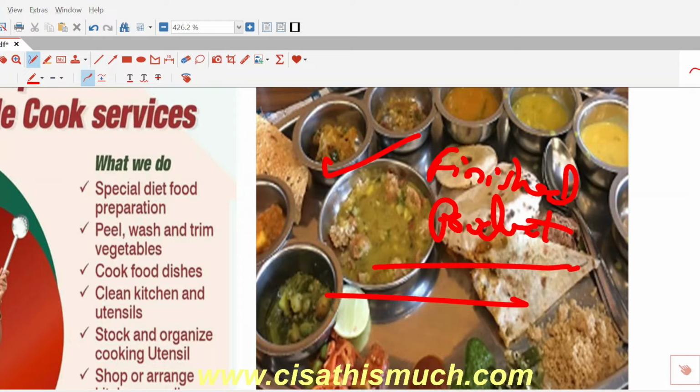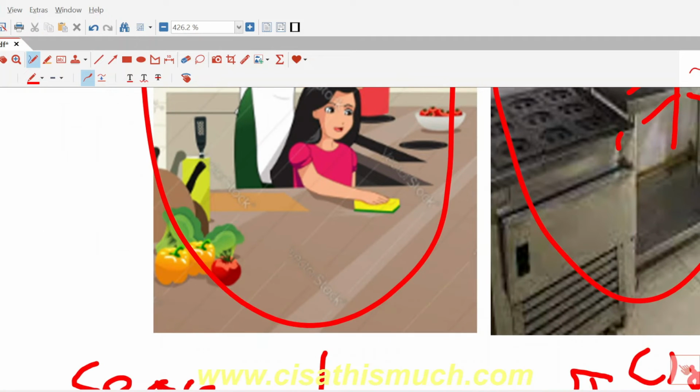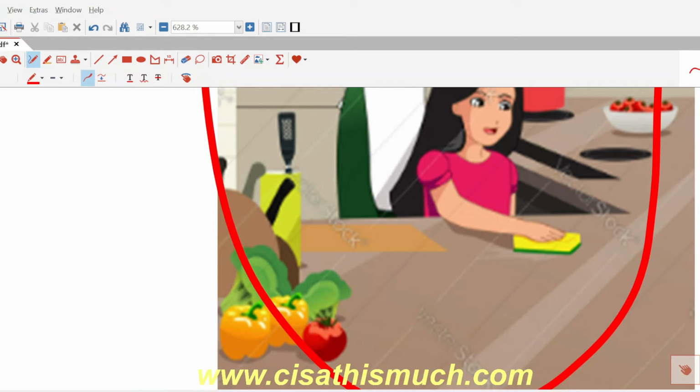Okay, you are paying for the finished product. So that's the unit of consumption. We will discuss this unit of consumption. What exactly is unit of consumption? Let me discuss this here itself. When I say unit of consumption,